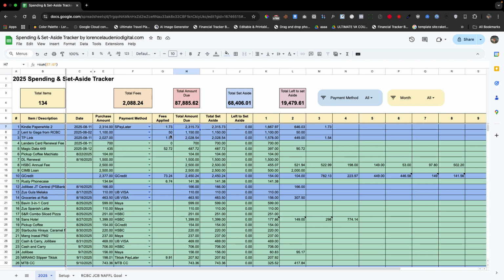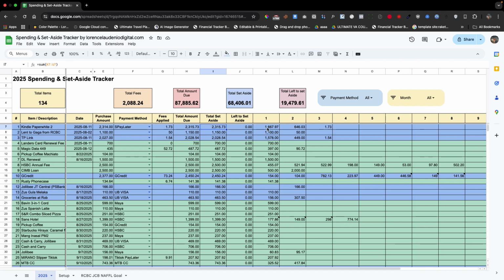So instead we use the buy now pay later method, so the interest is not that big. So I use that. For the purchase amount, then the fees applied, and then the total amount due, it just sums up the purchase amount and the fees, and then this one is the total set aside.